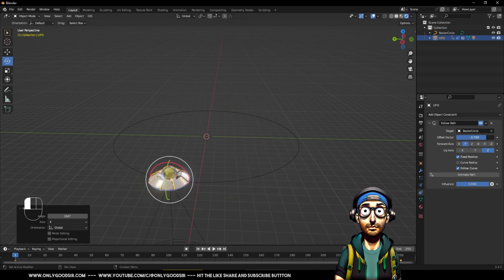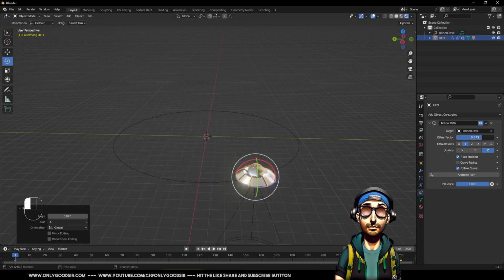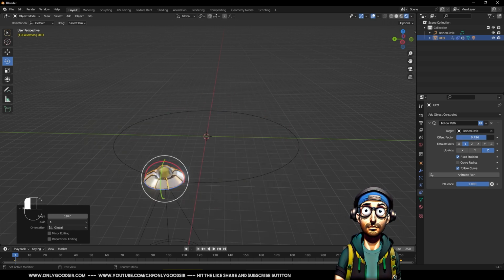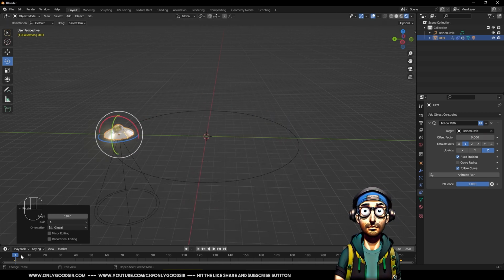But what I want to do is now keyframe this offset factor. So go to my first keyframe. I'm going to click set a key here. Go to the end keyframe, 250, and set that to 1. That's set a key. Now, if we hit play,